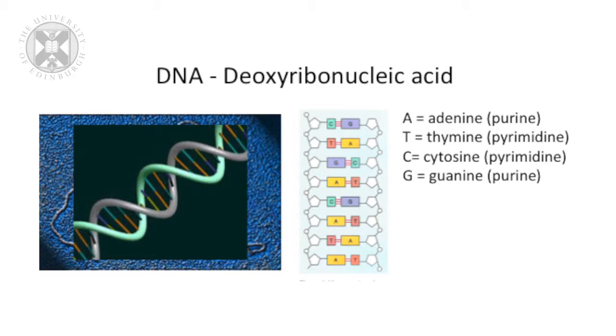DNA has a backbone, as you can see in this double helix, and between this double helix are what we call base pairs. And these base pairs are made up of 4 different molecules. Adenine, that we'll call A, thymine, that we'll call T, cytosine, that we call C, and guanine, that we call G. These are the 4 letters of an alphabet, if you like, a code that instructs the cell on how